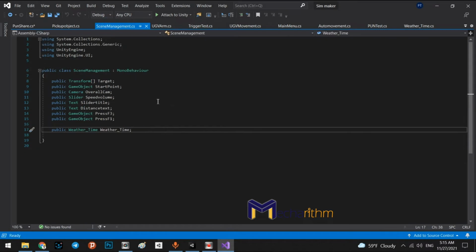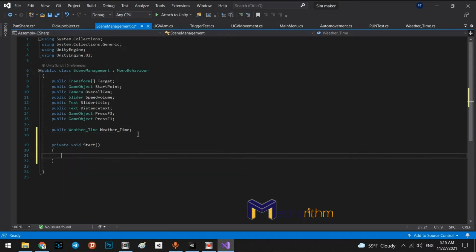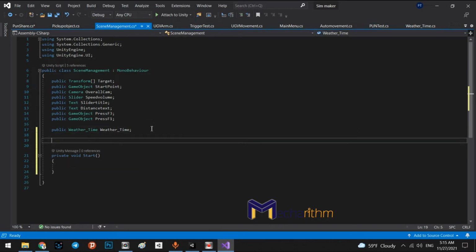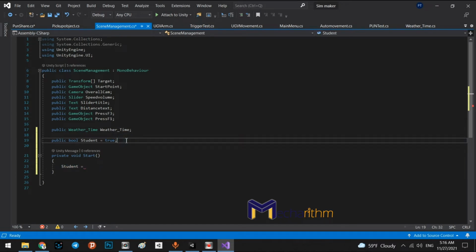And in the scene management we will have void start, okay, and a public boolean student equal true, for example. So a student will be equal something. No, initially we have to define